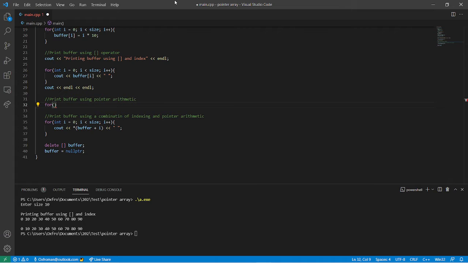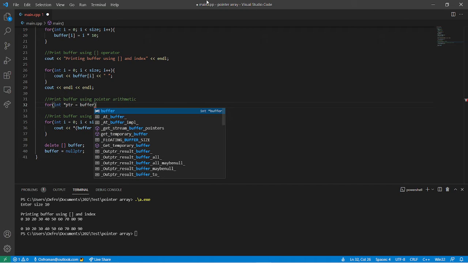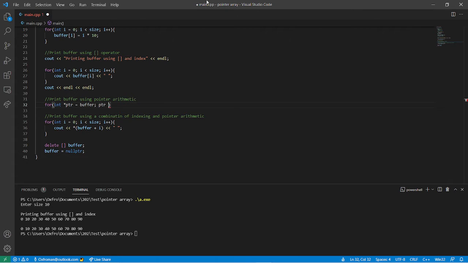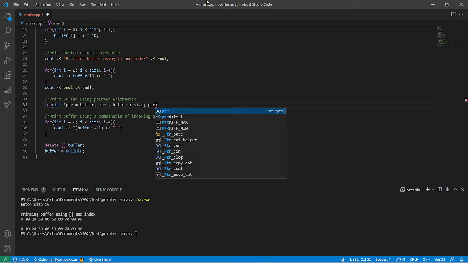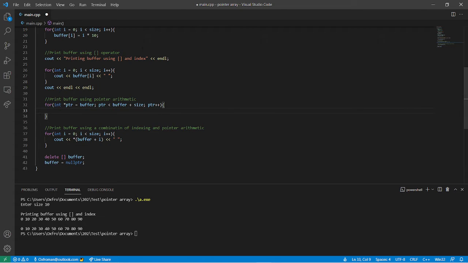Because a pointer is just pointing to something in memory, I can make another pointer and have it point to the same place this is pointing to. I can say create this pointer, have this pointer point to this, and then while this pointer is